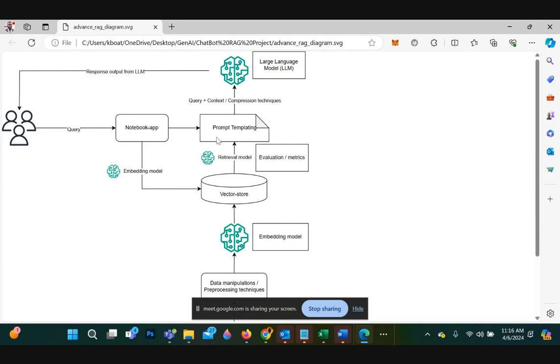On this section, the prompt templating takes the input query and then adds the context to it, right? So we have query plus context that goes into the LLM. So the LLM takes the query and the context, and then based on these two pieces of information, produces a response, and that response is sent back to the user.